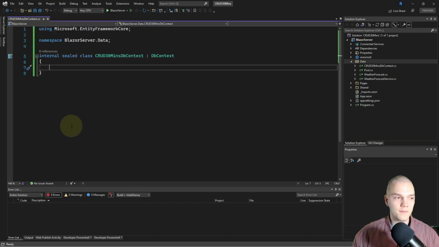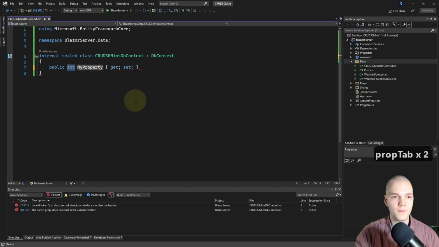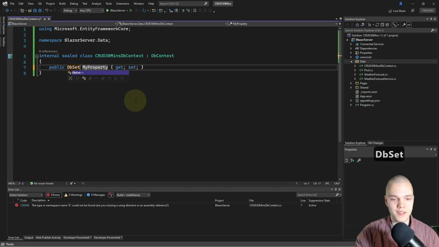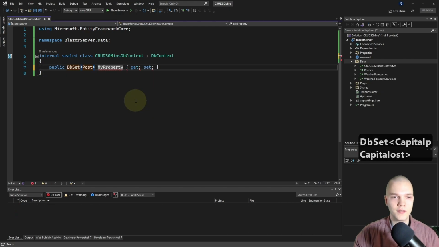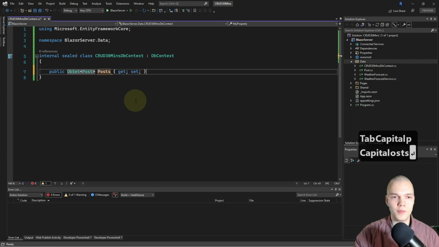I'll close it. Right, so back in the db context, I'll add a db set of type post. So prop public db set of type post, and I'm gonna name it posts.